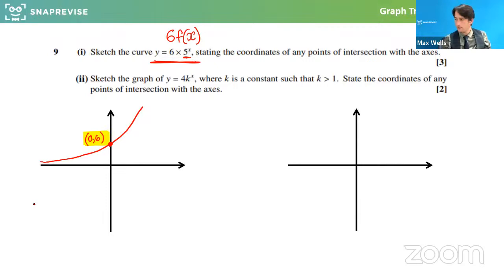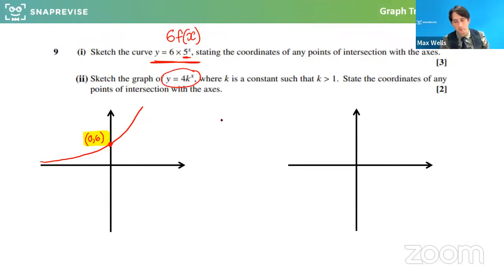Is that clear? So the ordinary 0, 1 has been times by 6, so that will move it up. However, the asymptote at 0 times by 6 isn't going to move. Brilliant, excellent. Thank you. So the next one, this one here, is actually a really similar question, and